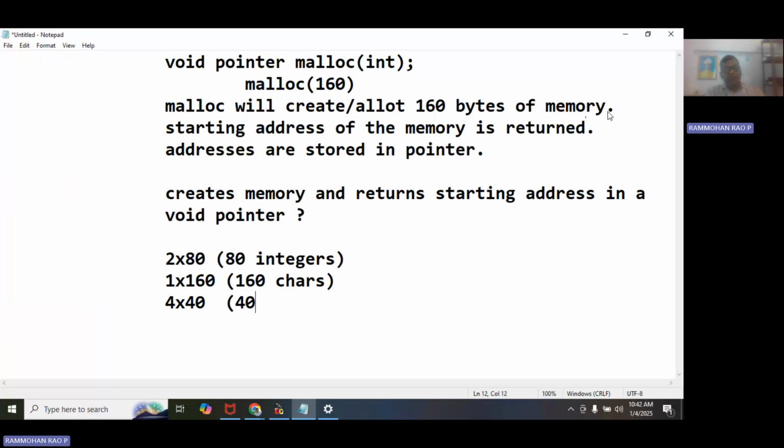So I write 40 float values, right? Suppose I am trying to store double type values. A double will generally take 8 bytes. So 8 into 20 is 160. So 20 double type values I can store,